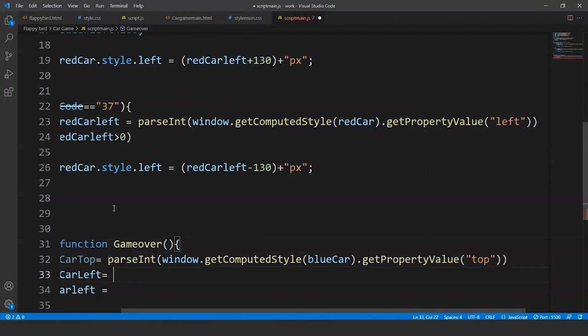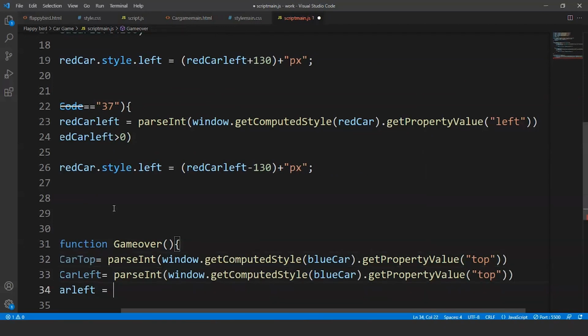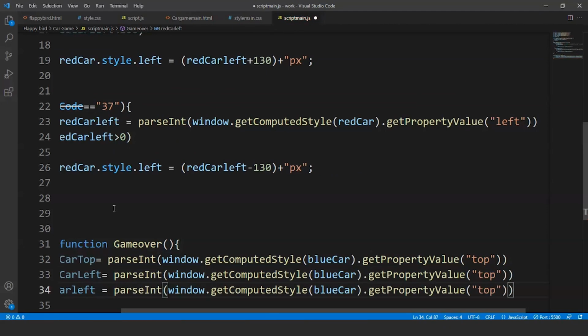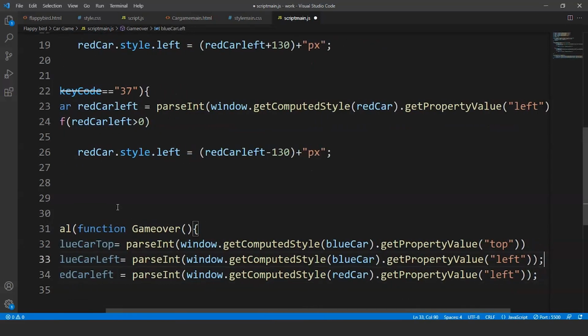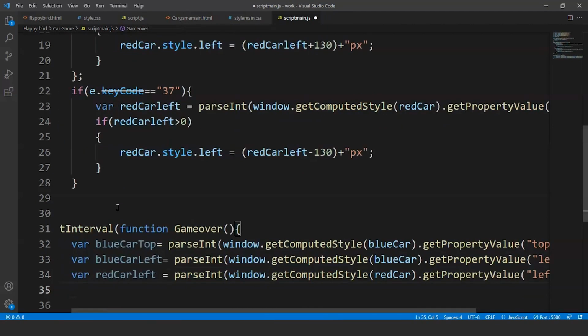We'll do the same thing for blueCarLeft and for redCarLeft. So we'll change the values here. We'll write left for the blue car left, and left for the red car. Fine. We are good to go. We have these three variables and we have the values of these particular properties.